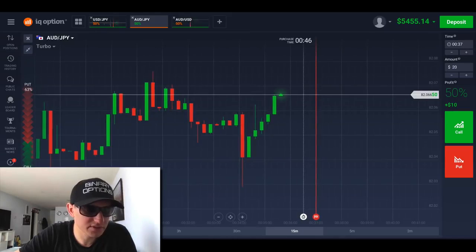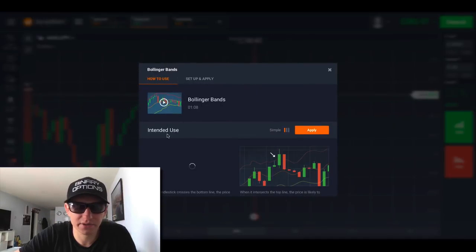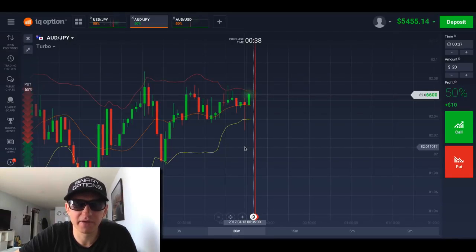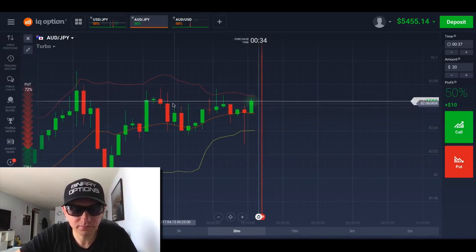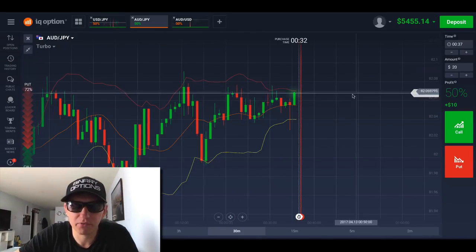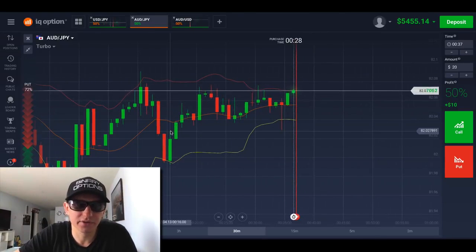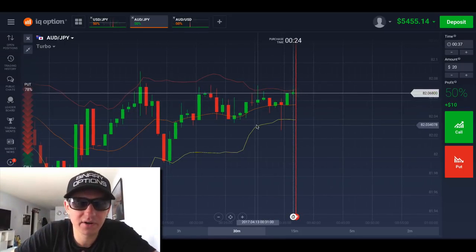I'm gonna also add a couple of indicators, the Bollinger Bands with default settings. This is my favorite one. It shows the price range and the moving average, and I do like using the reversal strategy in conjunction with this indicator, because